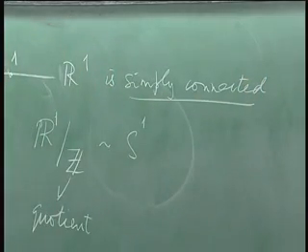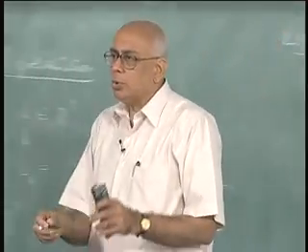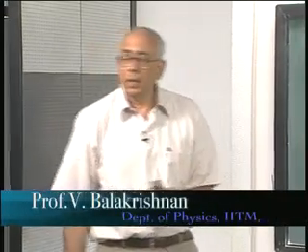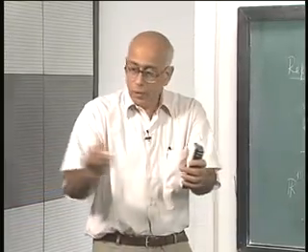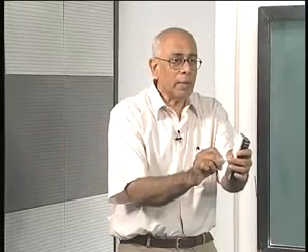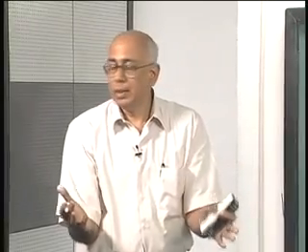By connectivity I mean if you took two elements of this set, you should be able to go by a continuous path from one element to the other element without leaving the set of elements. That is connectivity. Simple connectivity means I should be able to shrink all closed paths to a point without leaving the space. So I could start on this line, go somewhere, and I stay on the line, come back, and this, like a rubber band, could be shrunk to 0 without leaving the space at all,